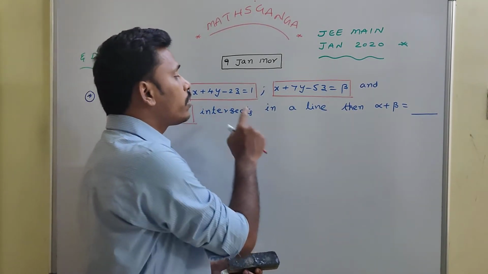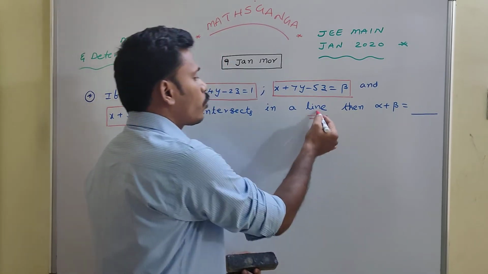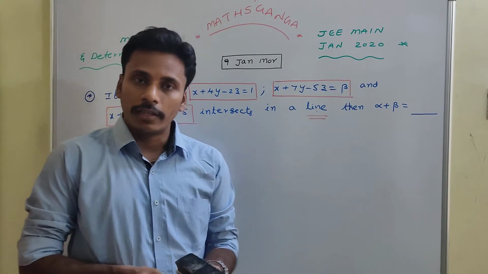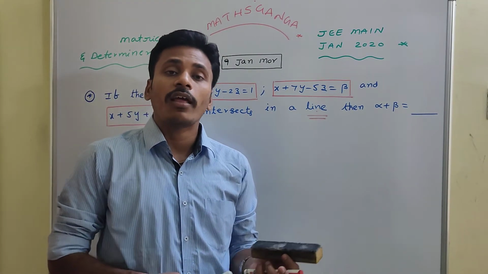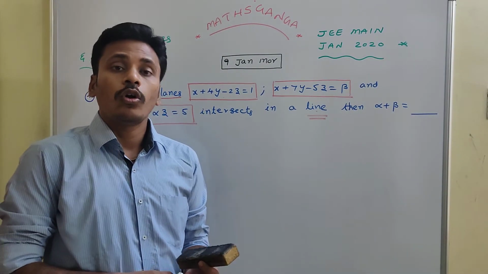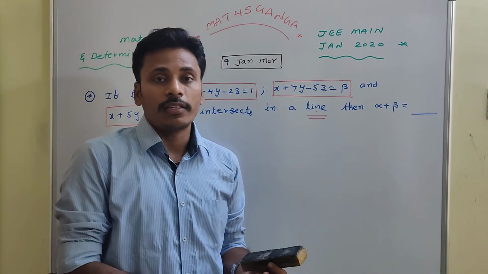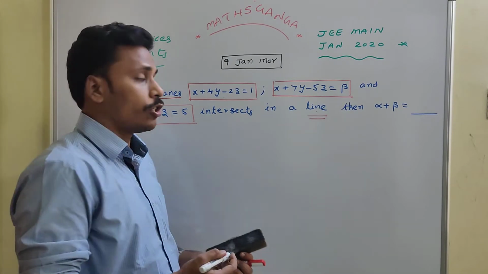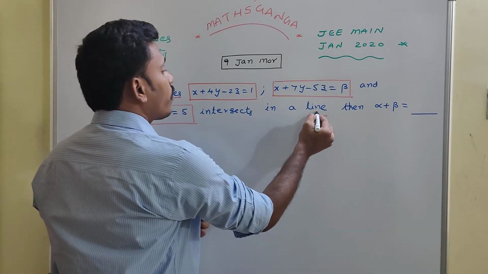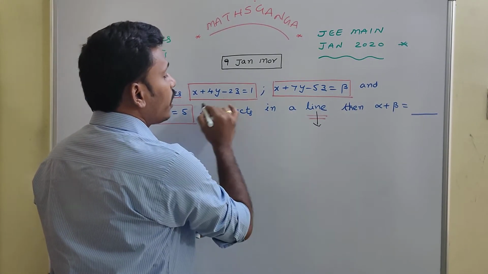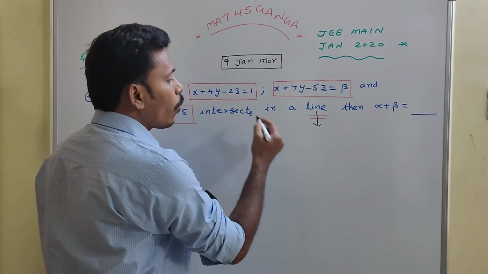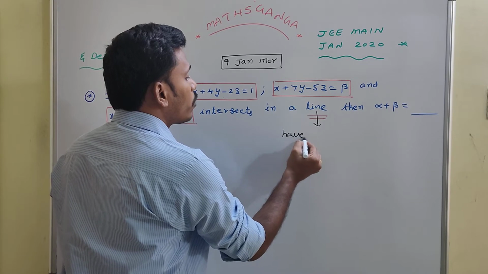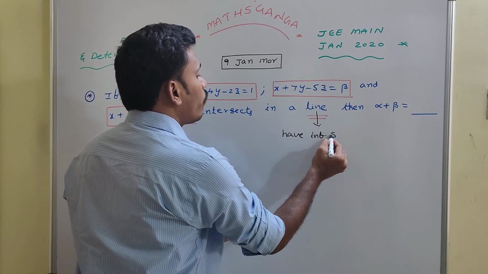As per the problem, these 3 planes intersect in a line. That's what you need to identify. There is a line common for the 3 planes. We know that on a line there are infinite number of points. So these 3 equations commonly have infinite number of solutions. Since they are intersecting in a line, it represents that this system of linear equations in 3 variables has many solutions. So you need to solve in such manner.